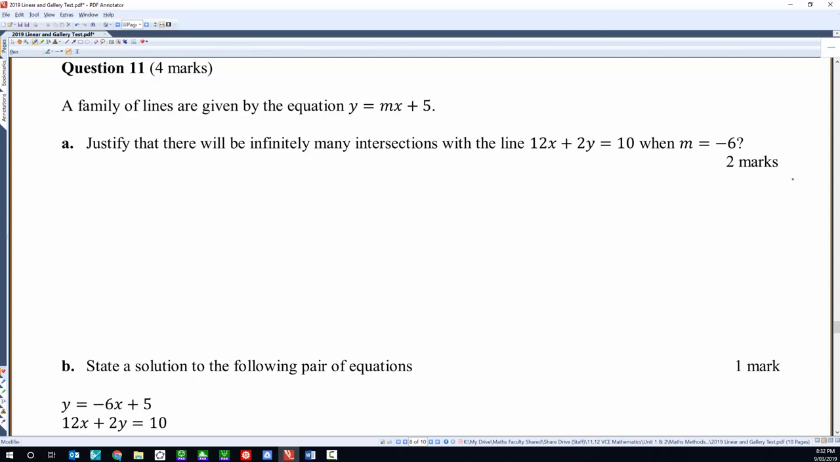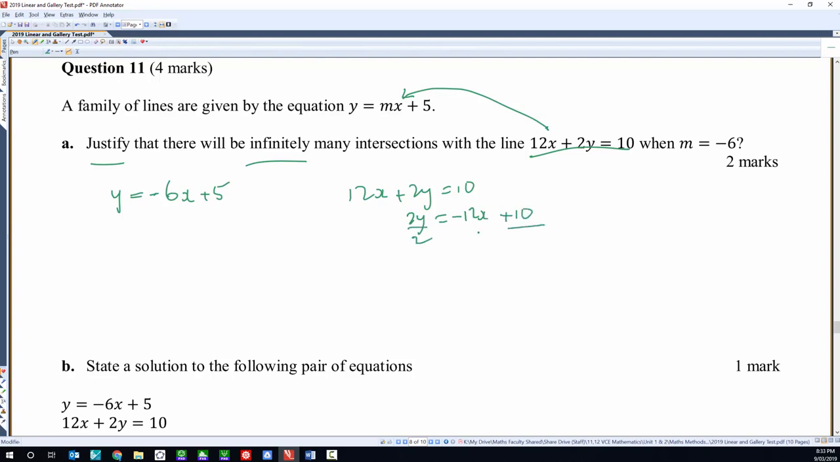Okay, a pretty tricky problem here. So this was a justify that there will be infinitely many solutions, which means that basically this line here and this line here will be the same. So what we're going to note is that the first equation is y = negative 6x plus 5. And what I'm going to do is have a look at this one, which is 12x plus 2y equals 10. 2y equals negative 12x plus 10. Divide all of that by 2,